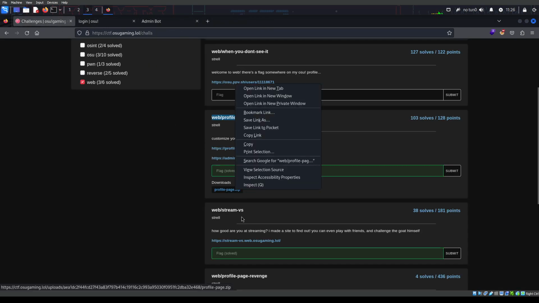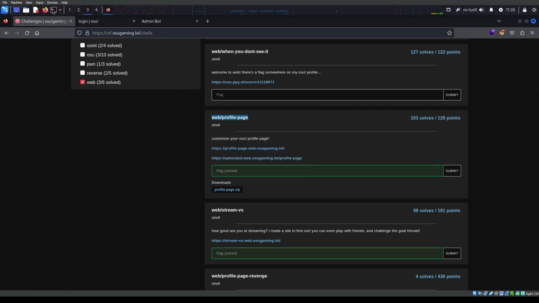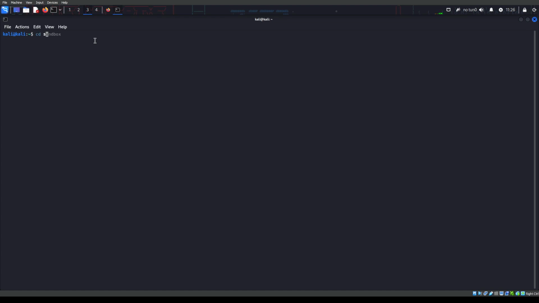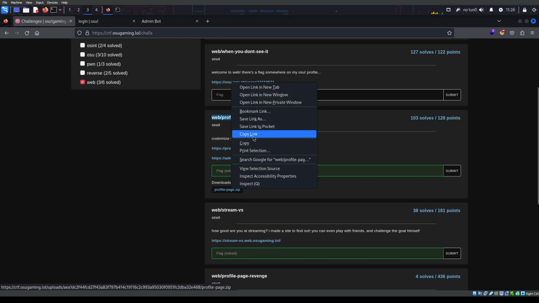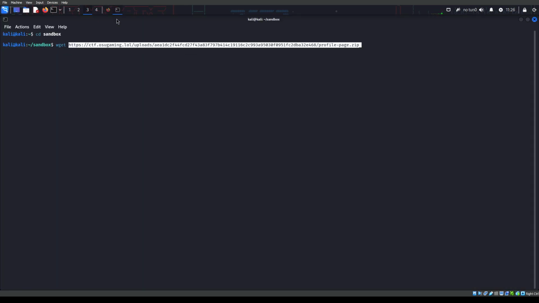Let me copy this code because we're gonna start looking at the code in a second. And let me open a terminal and let's cd into my sandbox, and I'm gonna wget this. Did I not? So let's copy the link and